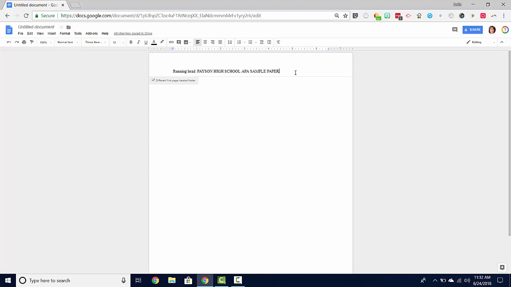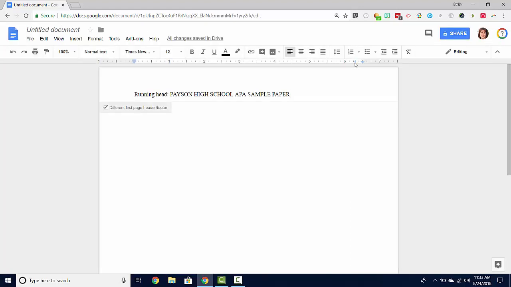Also in our header of our title page, we need to include the page numbering flush right with the margin. To do that, we're going to go up to our ruler and we're going to click somewhere between 6 and 6.5 on our ruler. When we click there, it gives us the options to add a left tab, center tab, or right tab. We're going to choose Add a Right Tab, and we'll see that tab show up here. But we're going to click on that tab and we're going to drag it right to 6.5